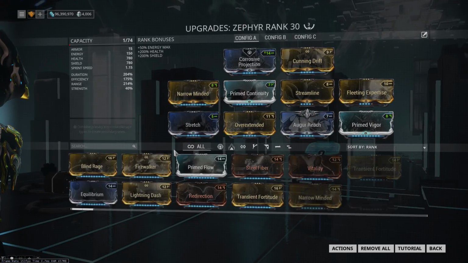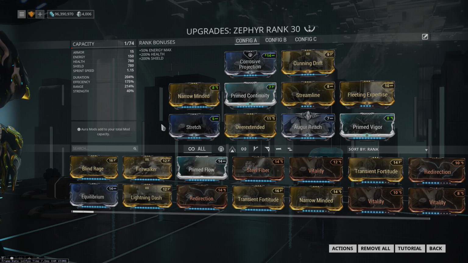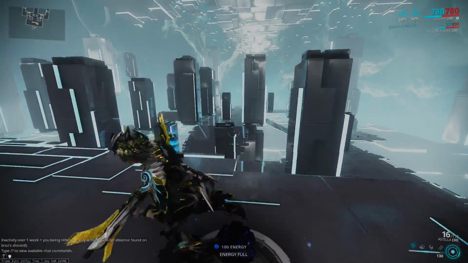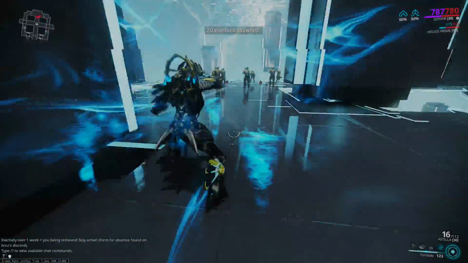And for those of you that do not have Primed Vigor and you want a replacement for it, Vitality or Redirection, whatever, just one of your basic defensive mods, for those times when you're going to get hit by an AoE or whatnot, you definitely want to live through it. With that, this build is pretty self-explanatory in its use case. Because your 4 is not amazing, I am going to use it here just to show it, but it's not outstanding. You are always going to be using your 3, as was always the case for Zephyr,